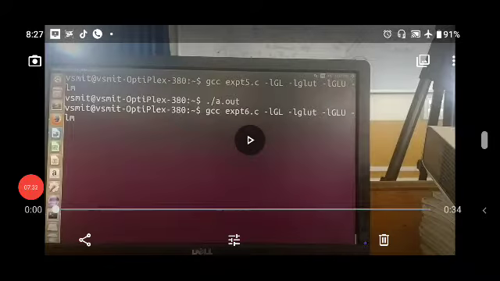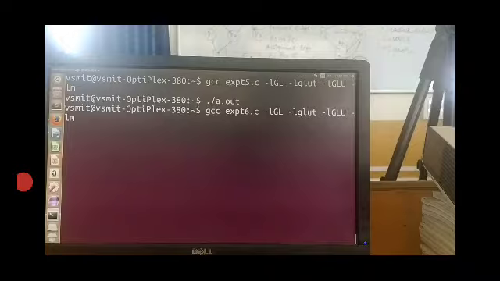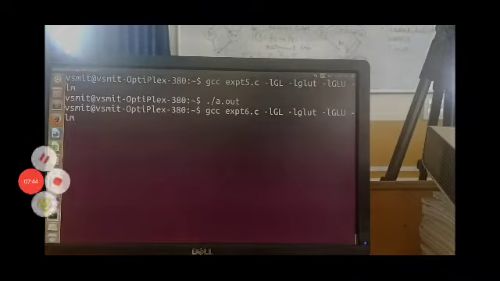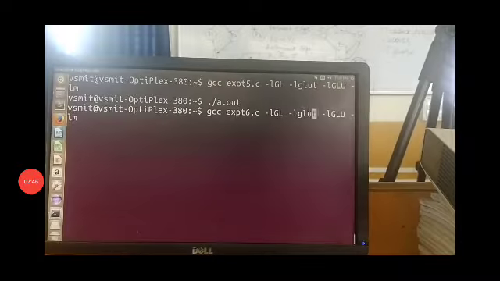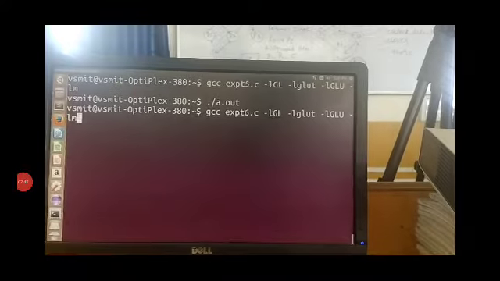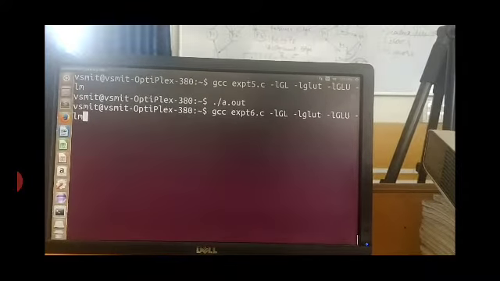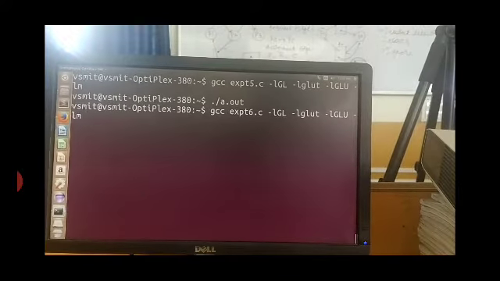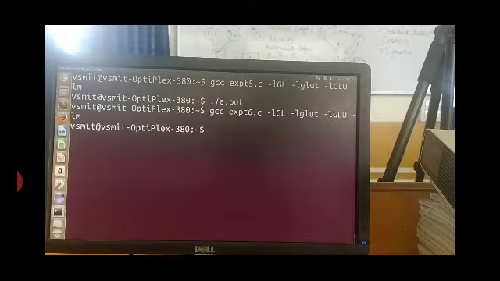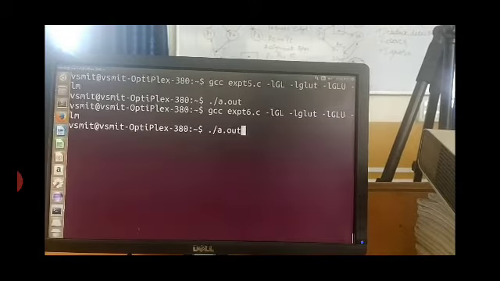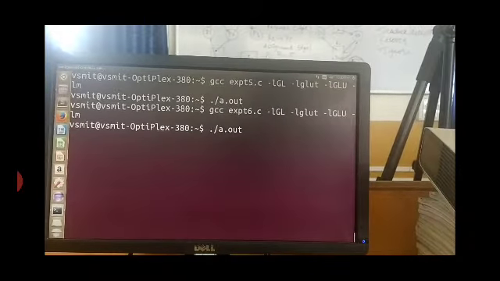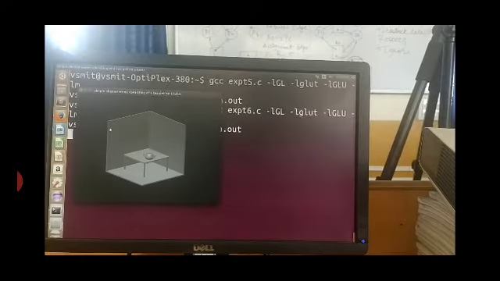Okay, now this is the command to compile your file: gcc expt6.c -lGL -lglut -lGLU. Now after compiling it, just give this command and press enter. Now the next step is to run it, that is ./a.out.